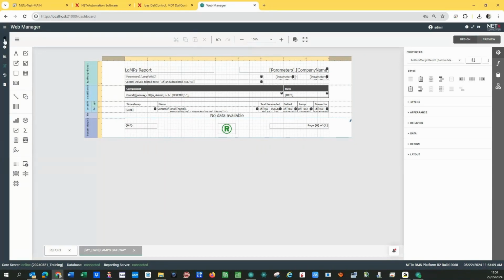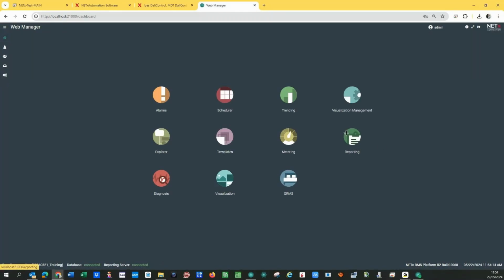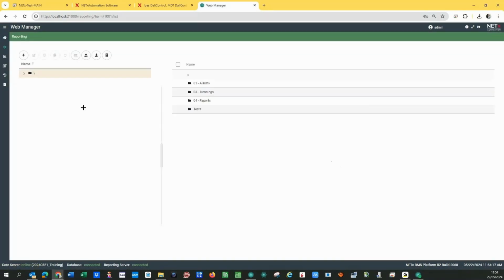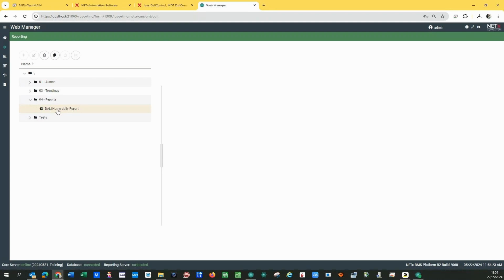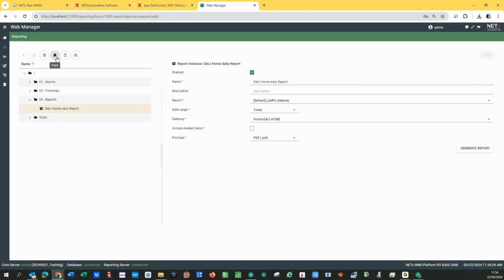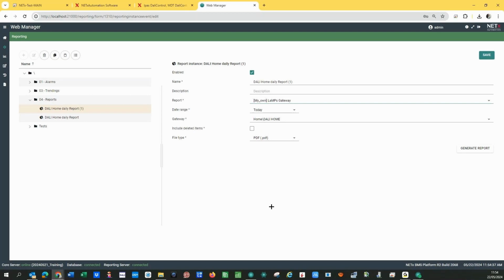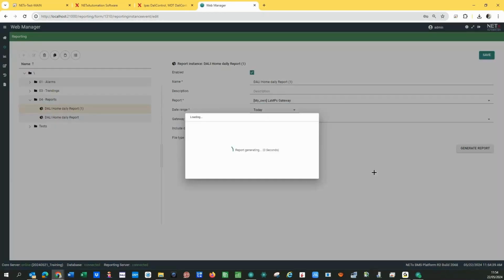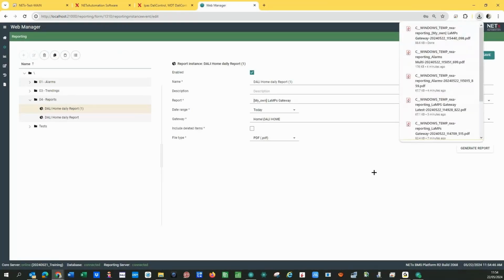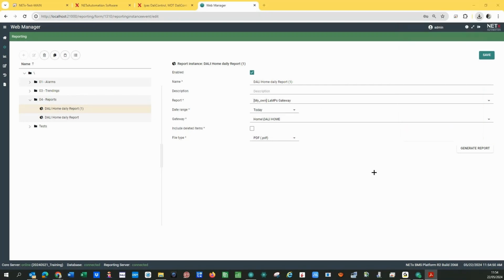I can go back to my reporting app. I will make a copy of this instance. It's very simple, it's just copy and paste. Okay, and I will just change this default for my own LaMPS gateway. So I can just trigger, generate the report, and you will see the report with the logo changed. So it's just an example of what we can do. But of course, if you want to create a specific